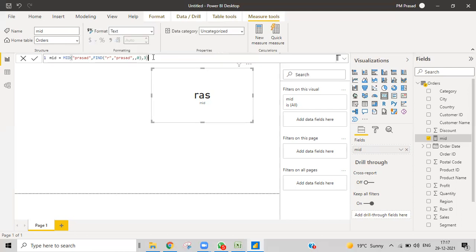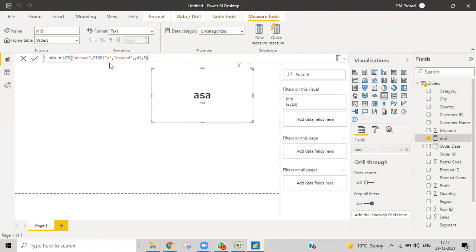We got the answer. I want to make it start from A, so you can see from A we are getting that. So this is how we use functions within functions. Whenever we don't have a similar function, we think about what we can do, and then we need to find the logic there, and then we can do that.